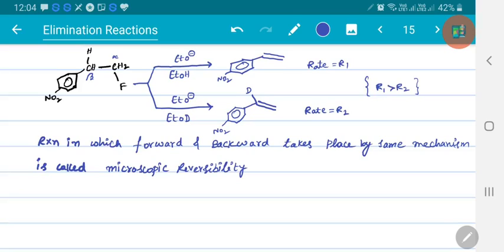In E1CB, on the beta carbon, in addition to beta hydrogen, there must be a good electron withdrawing group, which makes the beta hydrogen more acidic, and also there must be a poor leaving group. So when there is a poor leaving group and more acidic hydrogen, it prefers the E1CB mechanism. When it is a very strong base, then it prefers the E2 mechanism. When it is a neutral base and a very good leaving group, then it prefers the E1 mechanism, right? So they generally form the Saytzeff product. But in some conditions, Hofmann products are obtained.